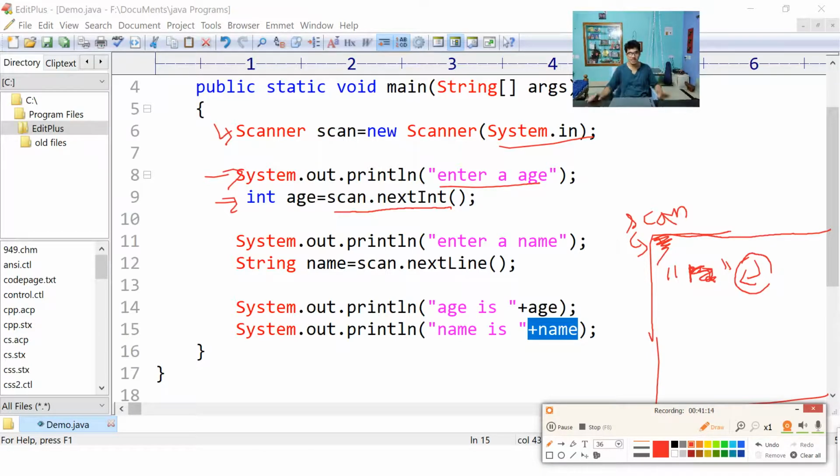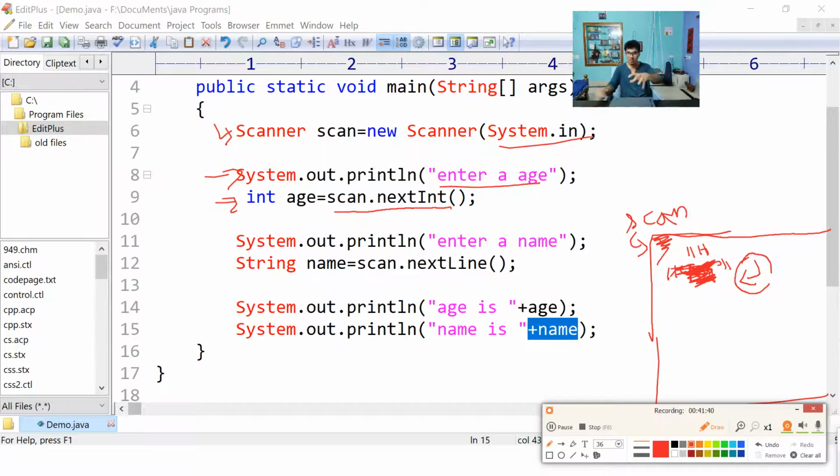Imagine there was a string with the character A. You have removed the character A. Is there any character now? No. No character means empty string, right? So when you try to remove 1, 2, the string 1, 2 is gone, but the empty string is present. I want you to understand that. What is present? Empty string is present.